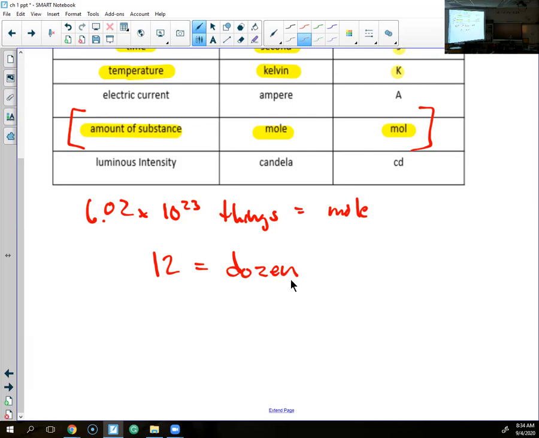The number 12 is a dozen, right? It's a word I use to represent a number. A mole is just basically the same as a dozen. It's just a really big number instead. And when we do math, we don't want to write this number out every time. We change it to the number 1, and it's a lot easier. So if we go back to this example,